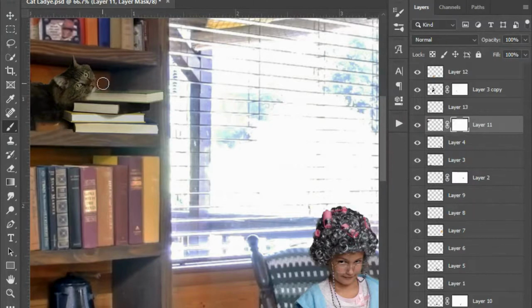And then I think we should be good. I'm gonna go around the cat a little bit at a much lower opacity to kind of blend in the edges a bit so it doesn't look so cut and pasted. Like this. Okay, so